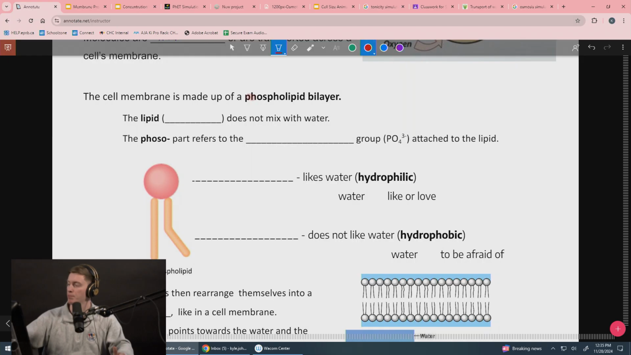I'm just going to highlight the parts of this word here, phospho and then lipid. Red and blue is what I'll stick with. Red because it's red here, and then blue for lipids on this side. A lipid is another word for a fat or an oil. And the main thing that I want you to know about lipids is that lipids do not mix with water. The phospho part refers to the phosphate